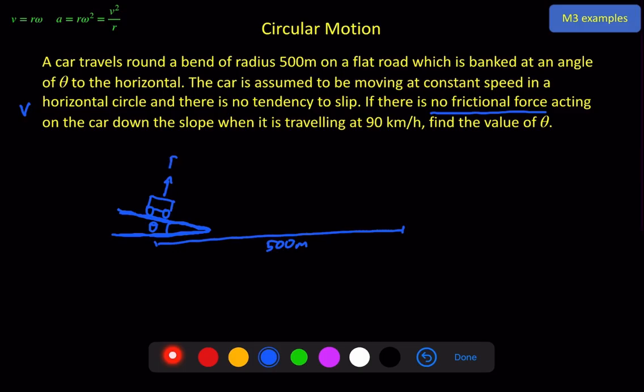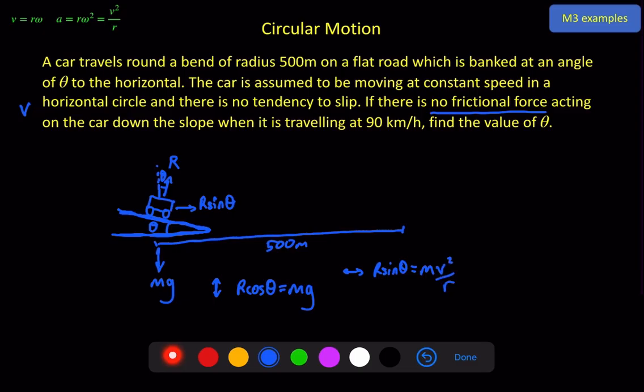We've got the normal reaction here. That is at theta to the vertical. We've got the weight mg of the car, and the vertical component of the normal reaction force will balance with the weight. So vertically, again, we've got R cos theta equals mg, a balance there. But then we've also got R sine theta acting in towards the center of the circle, and that's providing us acceleration. So horizontally, R sine theta is equal to mass times acceleration, and this time I'll use v squared over r,